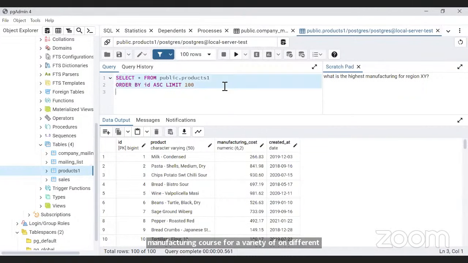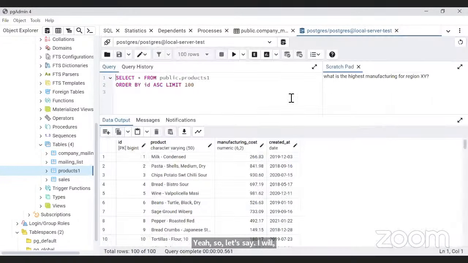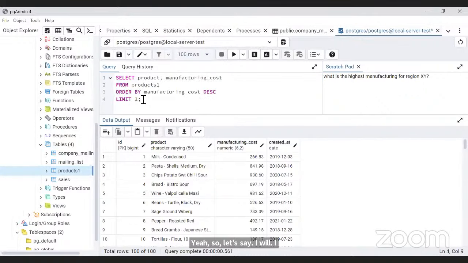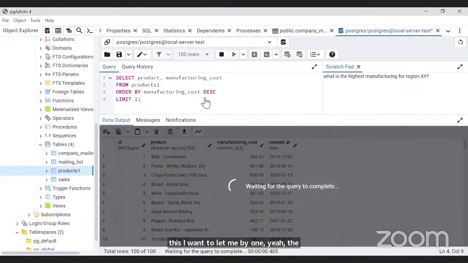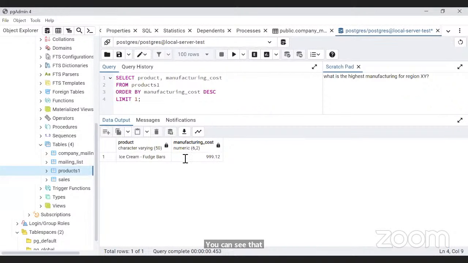Let's just say I want to run this. I want to limit by one. That's the first. So you can see that I'm able to recreate the same data queries in my Postgres database.